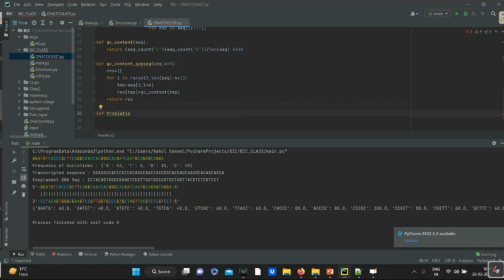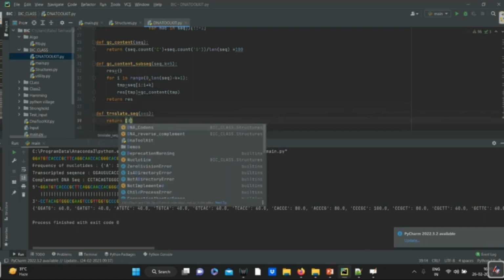I am writing the code, translate sequence, and I am giving the sequence to it. Now I am converting that DNA into the protein, so I am returning